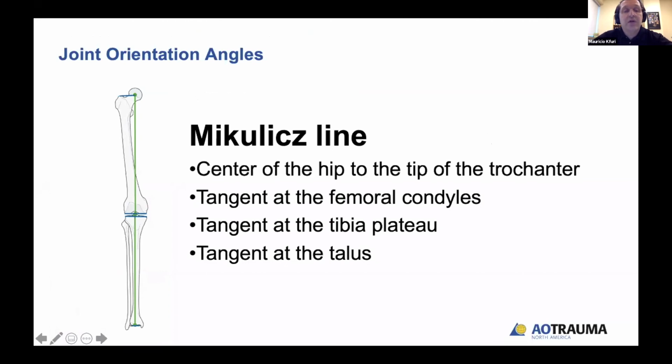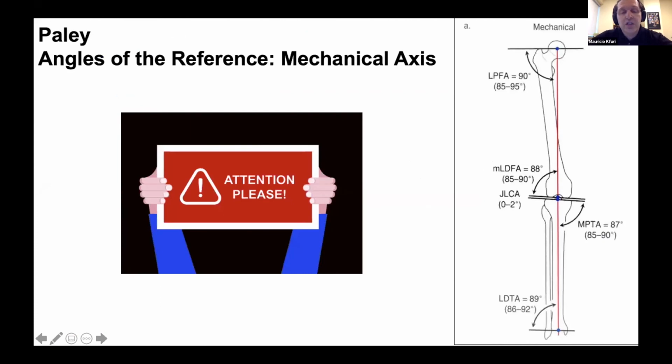Again, if you look at the Mikulicz line, or the mechanical axis, this axis is always going to determine a kind of reference for the joints. So if you have a tangent to the femoral condyles, to the tibial plateau, to the talus, all those lines that are tangent to those joints, they're going to determine angles in relationship to the mechanical axis. And those are the angles that you should take into consideration when you're doing correction of the lower limb in the coronal plane. Those were determined by Paley,